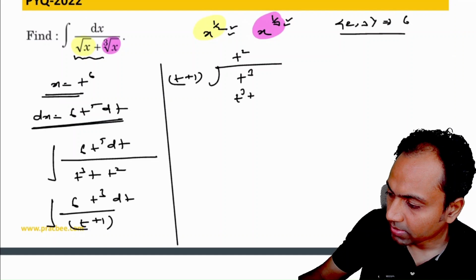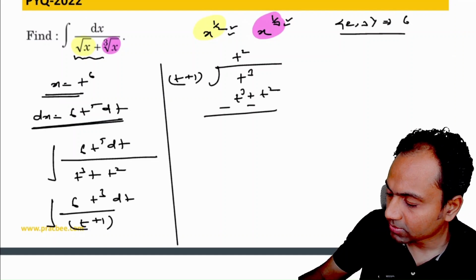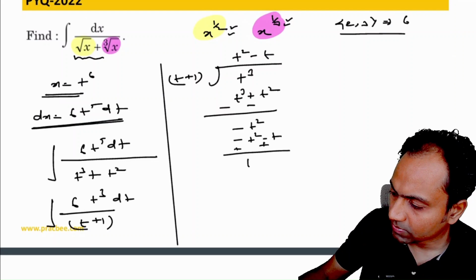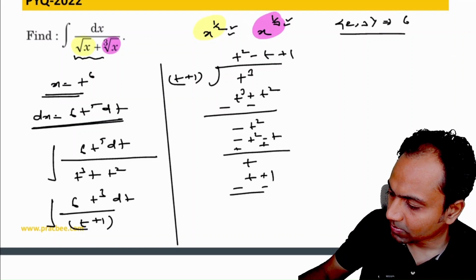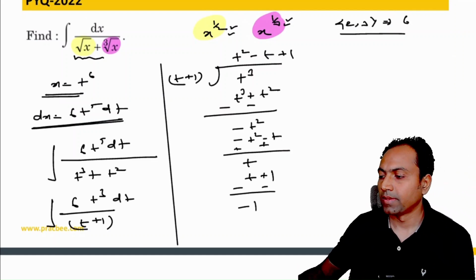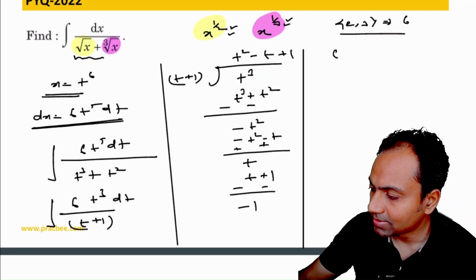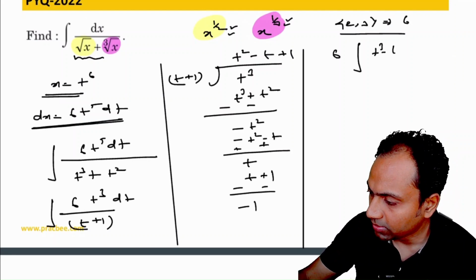This will become t cube plus t square, minus becomes minus t square. Then minus t becomes minus t square minus t plus. So this becomes t, and here you can write now plus 1. So t plus 1 minus, you get minus 1. Once you have divided it, the integral has become very simple, because now this 6 we can write outside. You can see that it can be written as t cube minus t plus 1 into t plus 1 minus 1